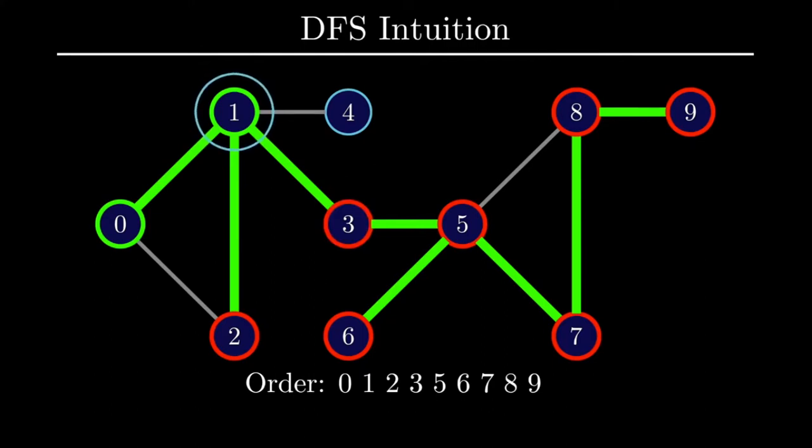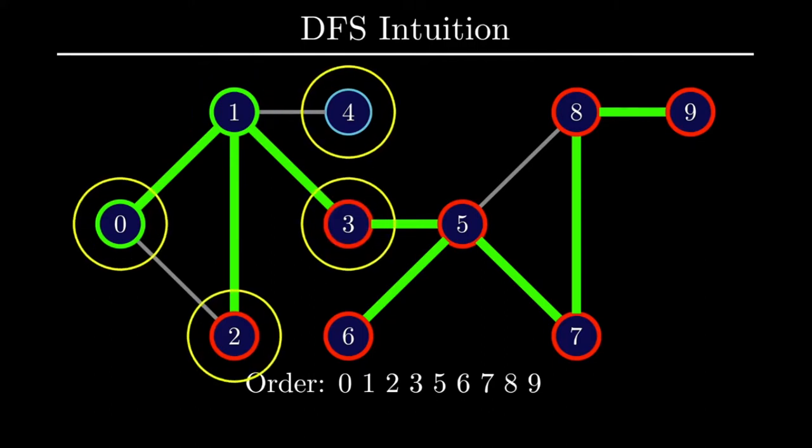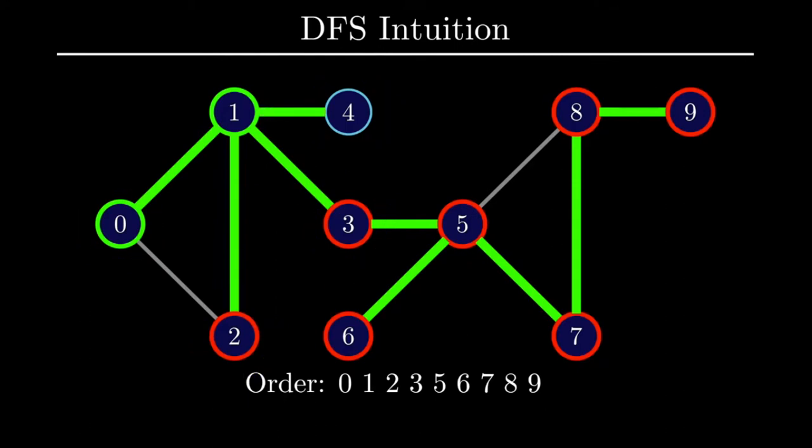And now that we are back at vertex 1, we have finally found a new undiscovered vertex, so we now visit vertex 4. From vertex 4, there's nothing new to explore, so we go back to vertex 1, which now also has nothing more to explore, which finally leads us back to vertex 0, which now is also completely explored. And now that we're back to where we started, that's how we know we have traversed every vertex of this